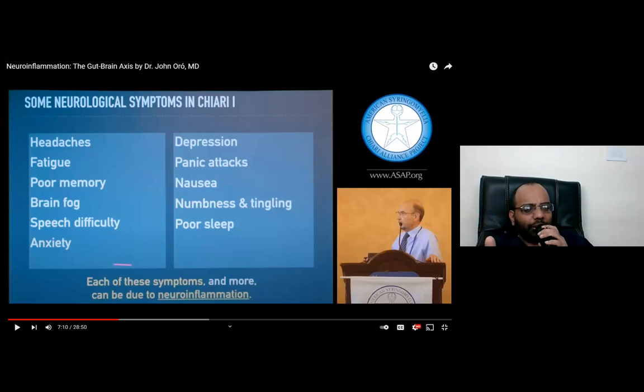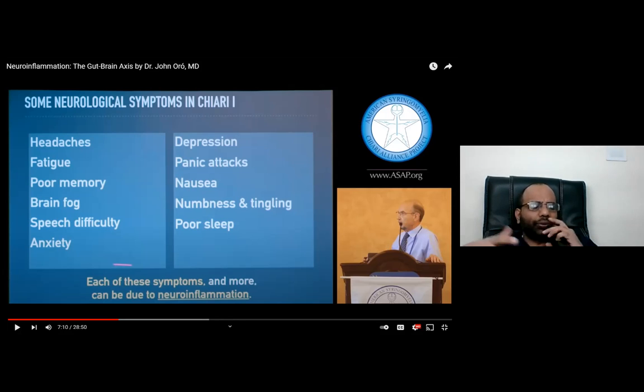Now even you can understand where there is no neurological problem, numbness and tingling continues in the patient. You see, there is no sleep, there is nothing, even there is numbness and tingling. Why? Because it is a symptom of Chiari syndrome. Did you ever hear about Chiari? So write down some neurological symptoms of Chiari.